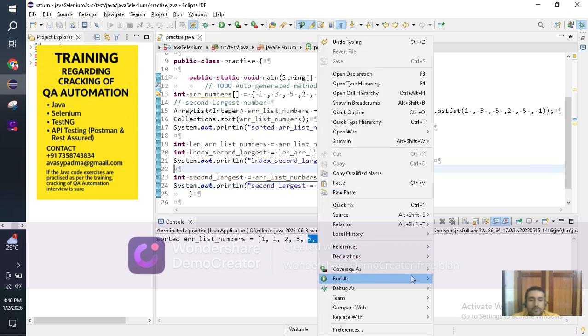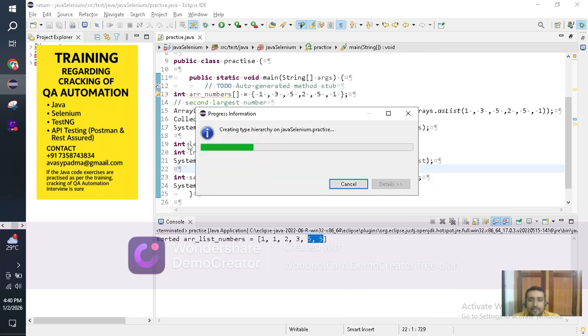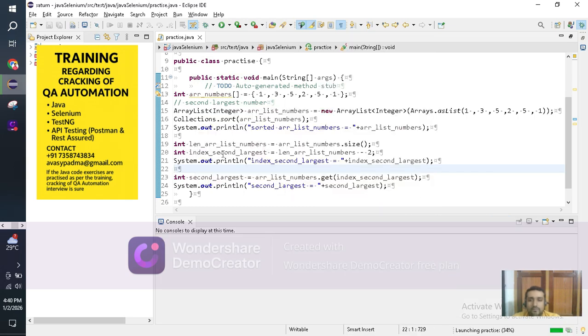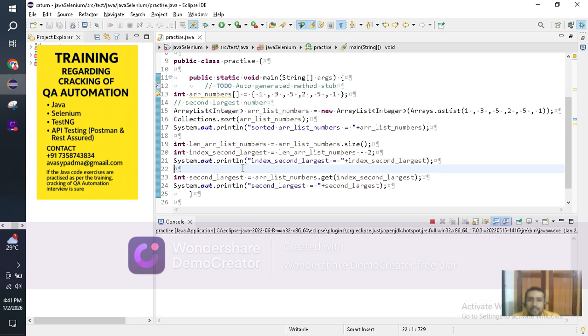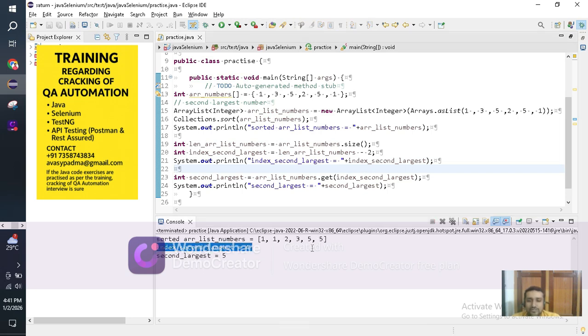So here what we have done is simply we find the length of the array list, and the index position will be nothing but the total length minus 2, and we are printing that. Then we are trying to find the second largest value which is present in our array list, so using the index of the second largest, we are trying to fetch it. See, the second largest index position is the fourth position, that is correct. 0 1 2 3 4, the fourth index position is correct,